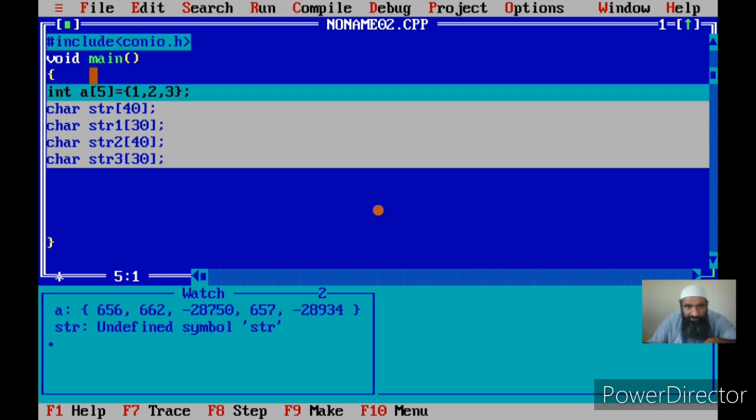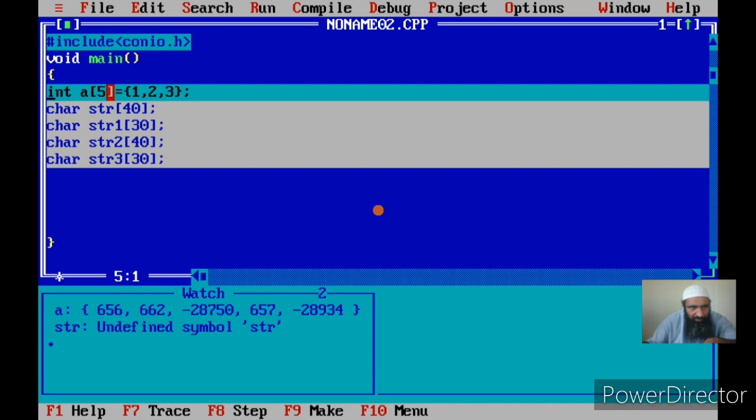But the moment you initialize the array at the point of declaration, these values will be assigned to the elements of the array. Since here we have given only 3 values, but we should have given 5, we can give lesser than 5 values.